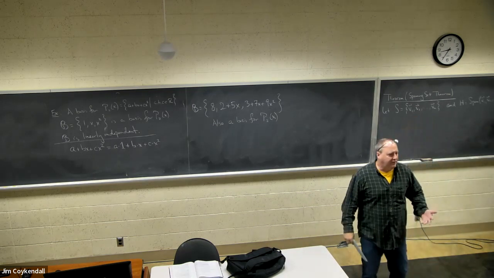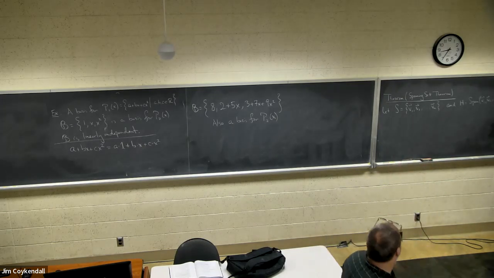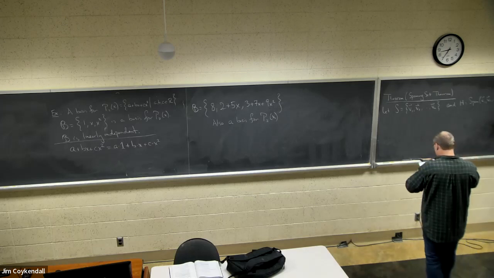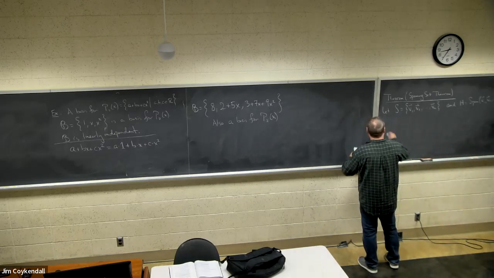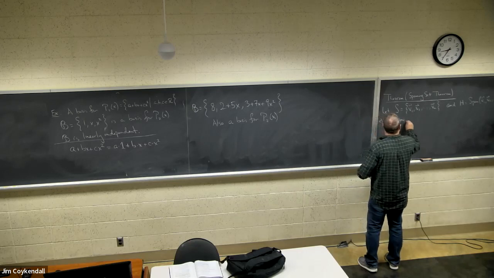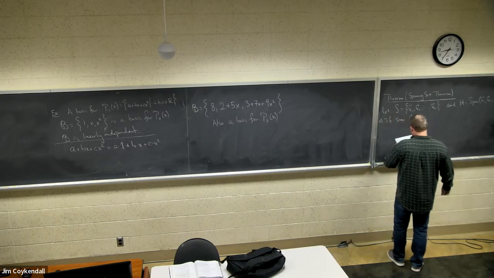Suppose I collect a set of vectors, these k vectors, v1 up to vk, and let H be the span of v1 up to vk. So I look at all the things that they span. A: if one of these vectors, vi, is a linear combination of the others,